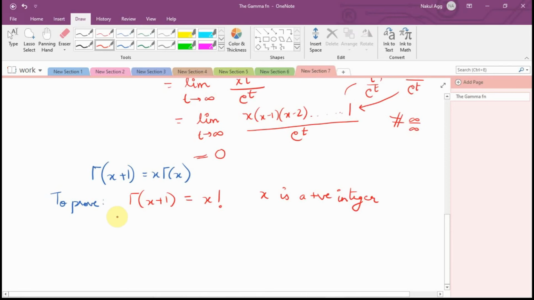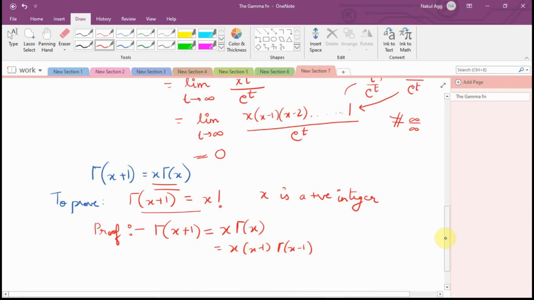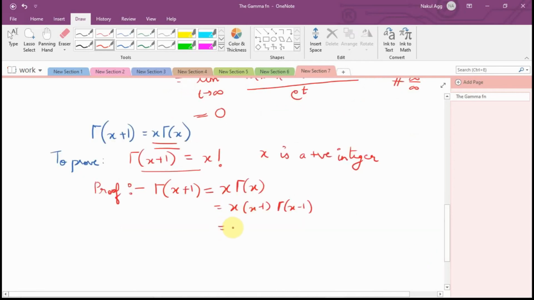Now the proof is as follows. We are going to repeatedly apply the fundamental property to this equation. So the left hand side is gamma of x plus 1. We can write it as x times gamma of x, and then as x times (x minus 1) times gamma of x minus 1. On repeated application, we will have x into x minus 1 into x minus 2 up to 1, and